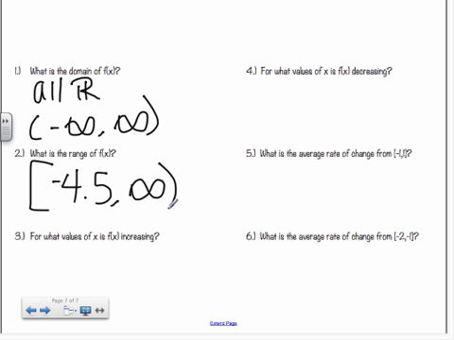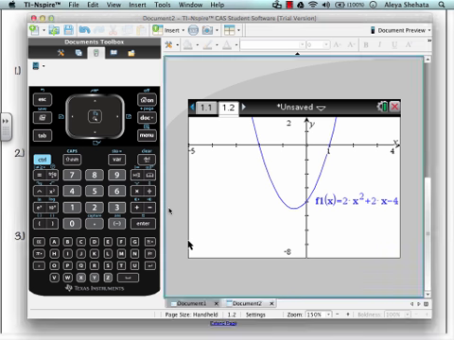For what values of x is f of x increasing? So right here, from the top all the way down, this is going down, down, down, so it's decreasing until I get to my turning point. At my turning point, it's neither increasing nor decreasing. So from my turning point on, it's going to be increasing. So my turning point starts at